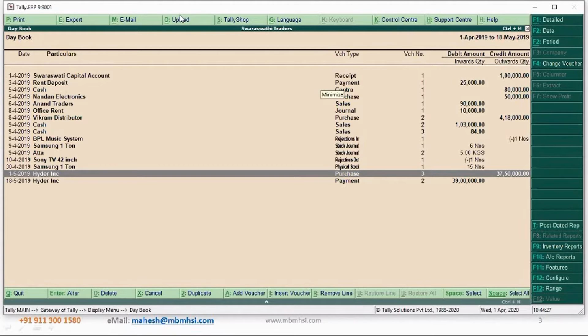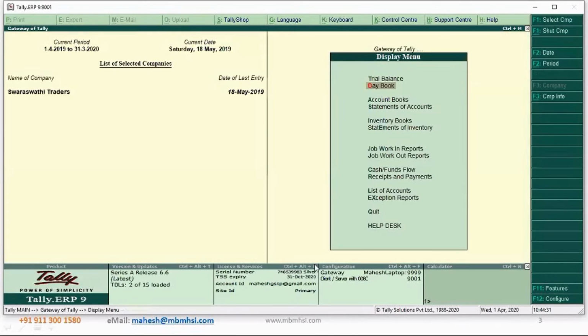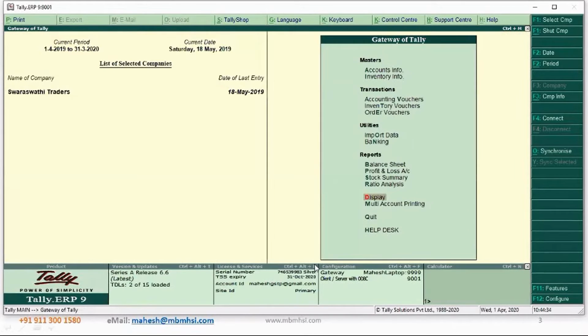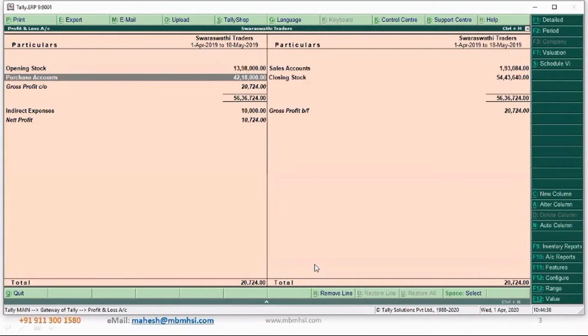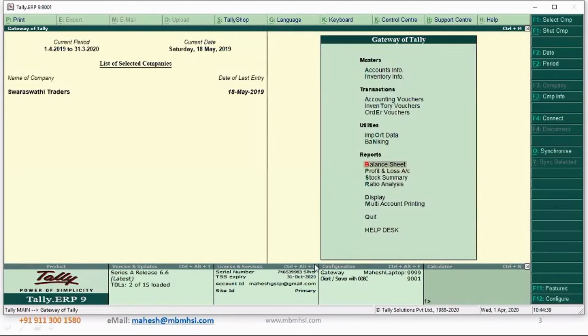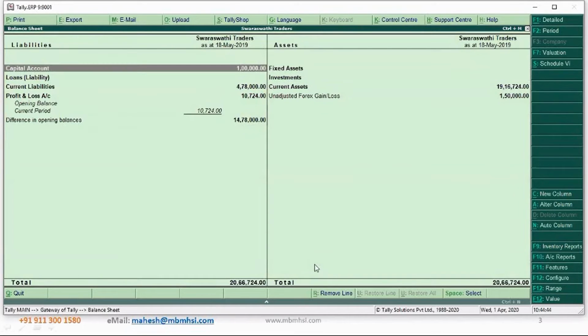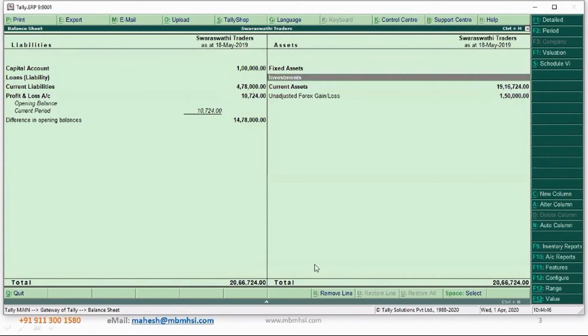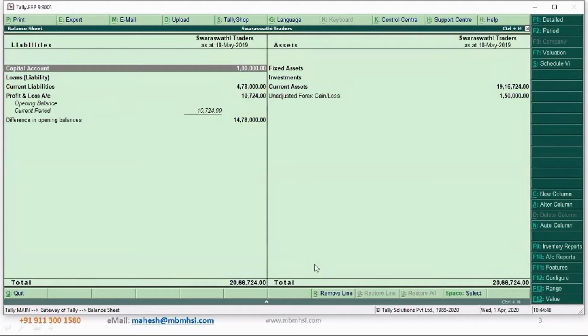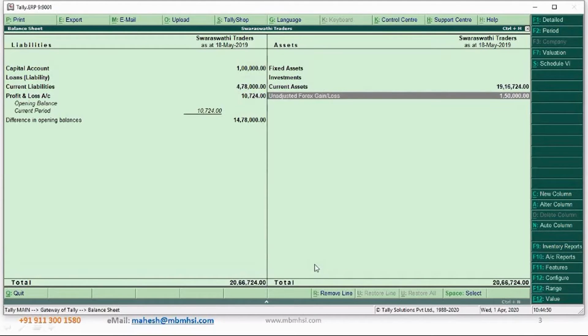Then we will go to the double entry system. Okay, so till this point you are clear. Hope everyone is clear. Okay, so how to do the purchase entry? In your P&L, the purchase is accounted. When you go to the balance sheet, there is a loss of 1.5 lakhs. Now, how to adjust this entry? So this is automatically showing you as gain or loss on foreign exchange.